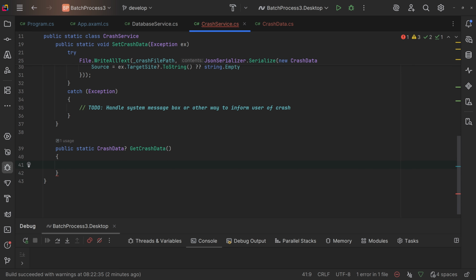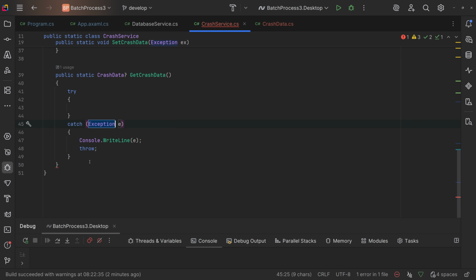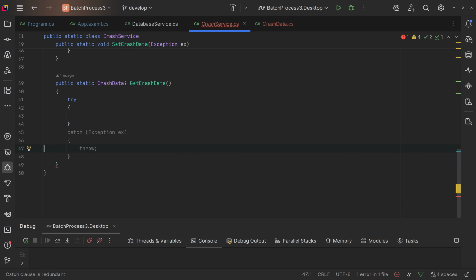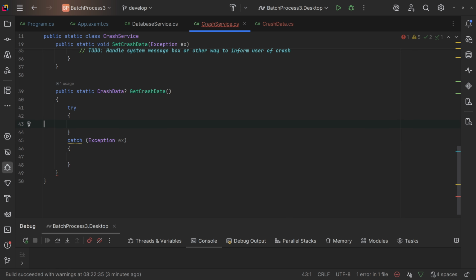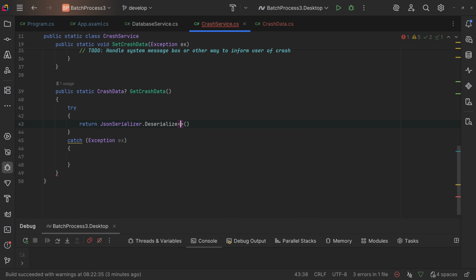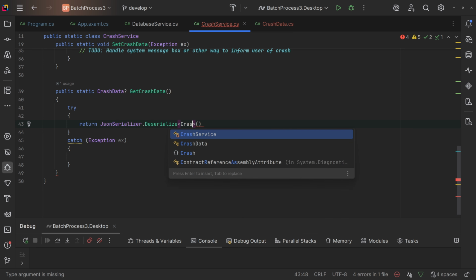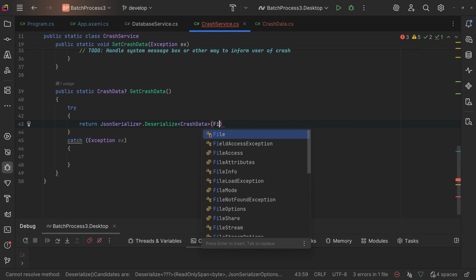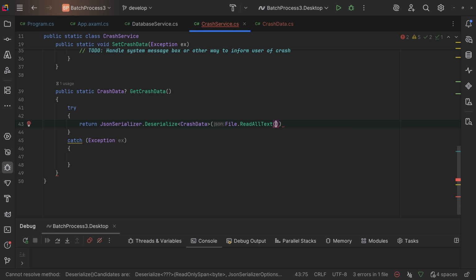And then in here, we want to try to get the crash data. We don't want to throw if it fails. And then here we'll just do a one-liner. So if anything fails, we just crash. So we want to return a JSON serializer.deserialize, crash data, and then file.read all text